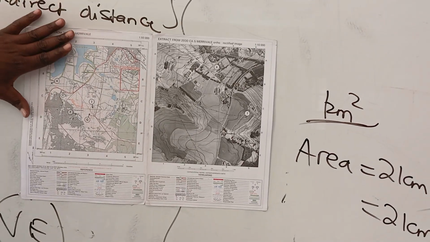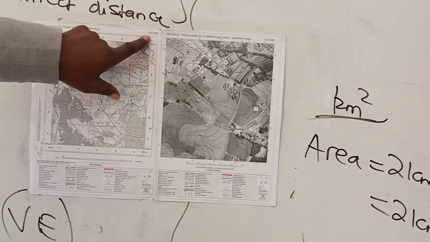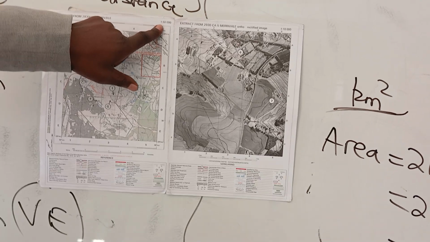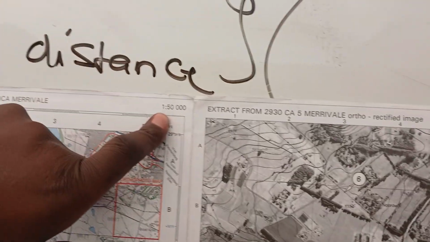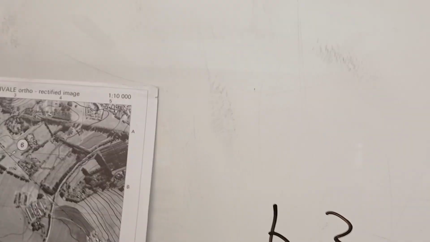Okay, so for your topographical map, you can see the scale at the top there. The top right corner is 1 centimeter on the map represents 50,000 centimeters. Then you can also see on your orthophoto map, it's 1 centimeter on the map represents 10,000 centimeters on the actual ground. You can also